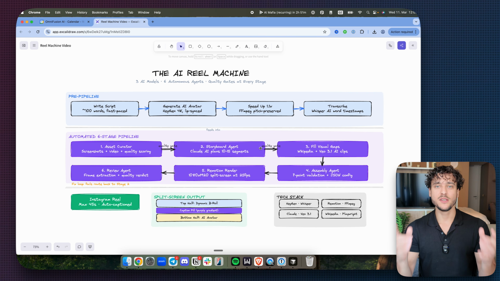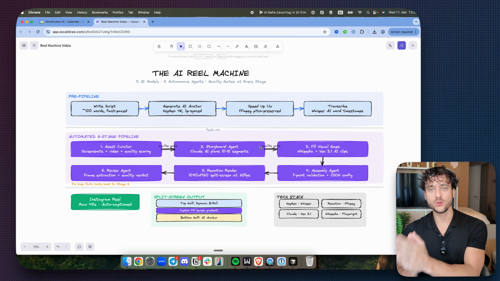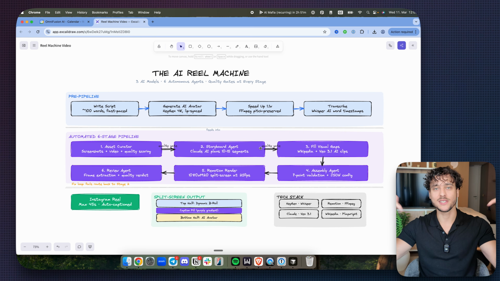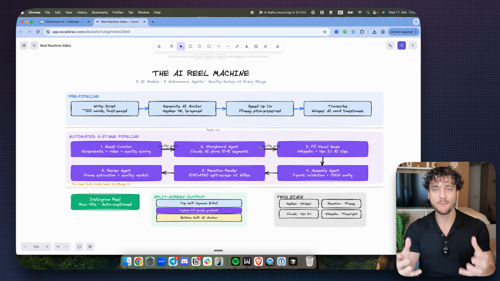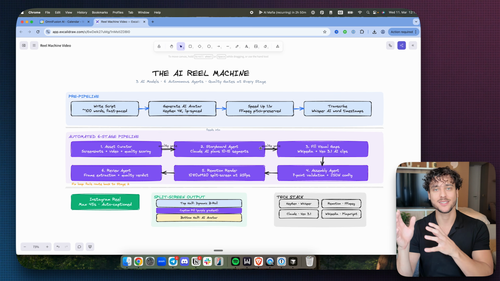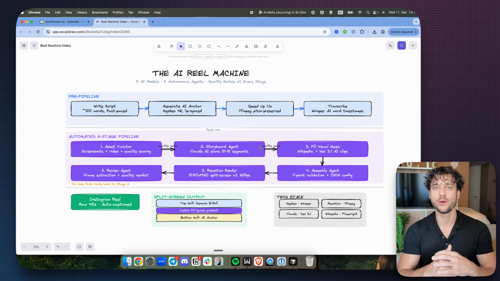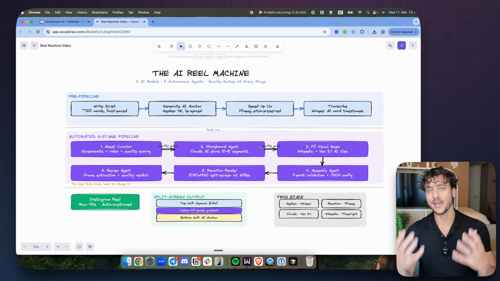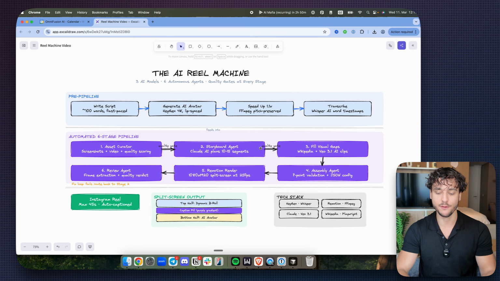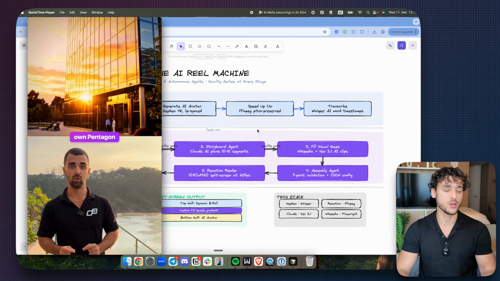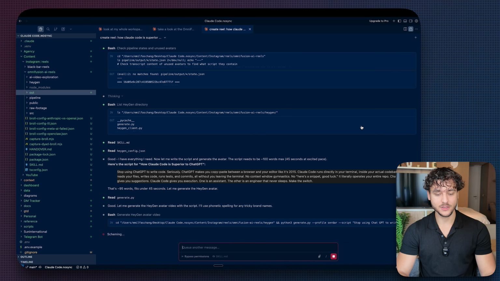Now, I've made it incredibly easy for you to replicate this, so if you're already using Claude Code, I'm going to put a free resource down below in the description, which is going to be an MD file. Simply download this MD file, put it into your Claude Code, and tell it to build the entire pipeline for the reel generation that's explained in this MD file, and it's going to walk through the steps with you. It's going to ask you for any input it needs from your side, and you can tell it if you want any of the elements to be different to mine, such as, for example, the color of the captions or different segments. As you can see, the Claude Code is still cooking along.